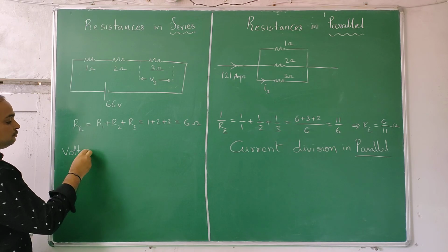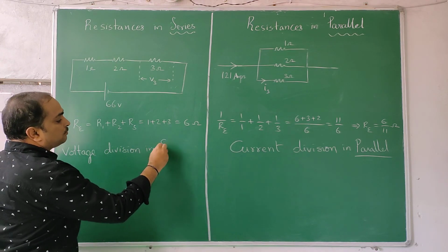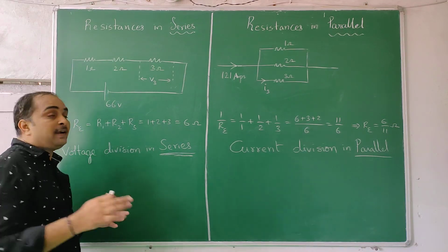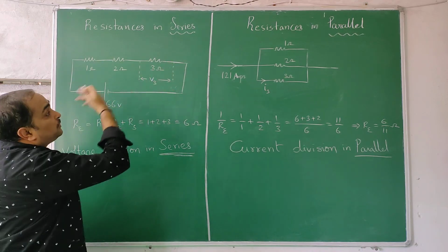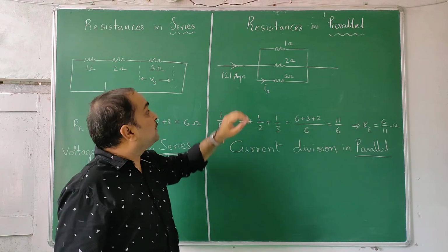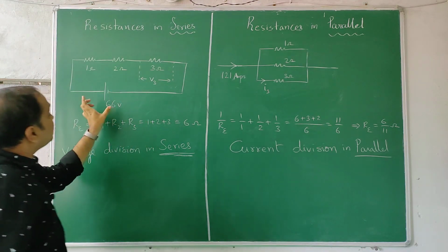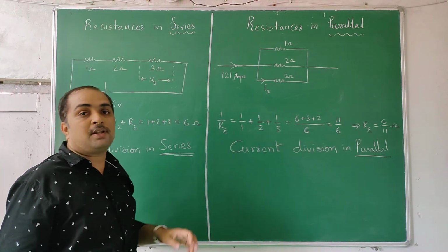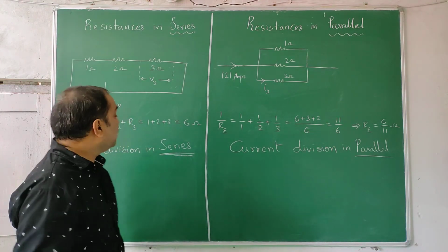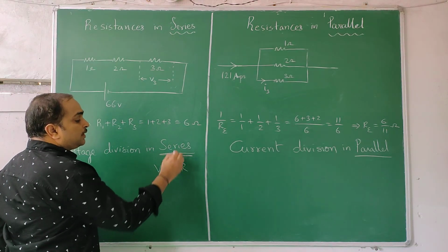Voltage division in series. So you may ask, why are you not teaching current division here? Current, you don't divide here, current goes straight. Once you know the current value, it is the same everywhere. Here potential difference across all of them is the same. Current splits. So if you have 121 amperes, how much will each of them take? That's the question. If you have 66 volts, how much does each of them take? Do I have to find all, or can I find a specific one? That's the question. So I am writing a very simple formula here. V is equal to IR. In series, I is constant.